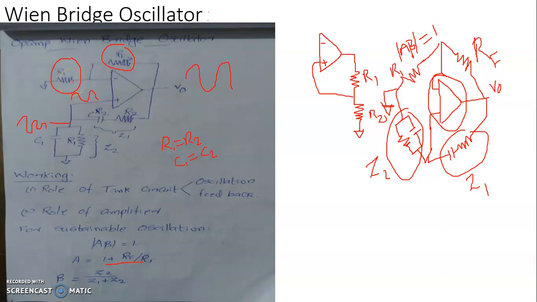So what we often do is that we take a desired value of resistance R1, 1K or 2K, or 2.2K standard, and here we place a potentiometer